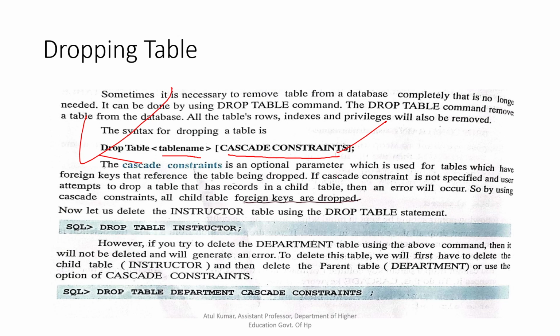Suppose we want to delete a table that has a foreign key that references the table being dropped. In this case, if we don't apply cascade constraint and we attempt to drop the table, then this creates an error.